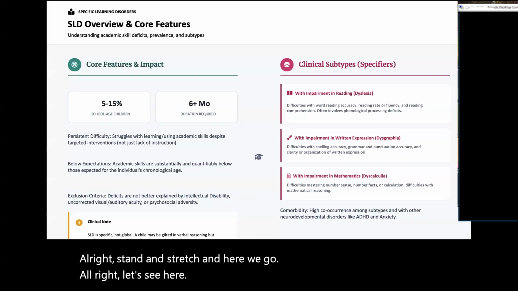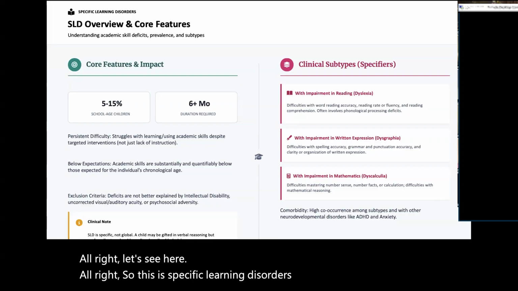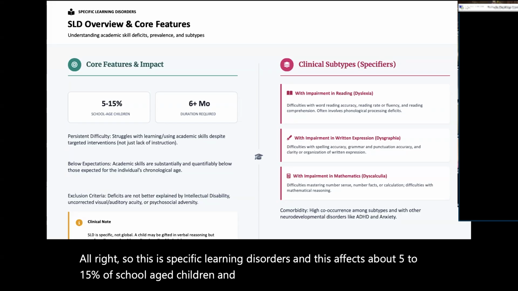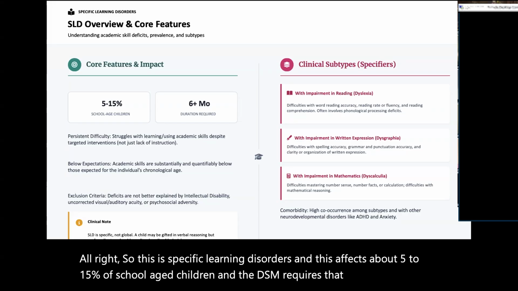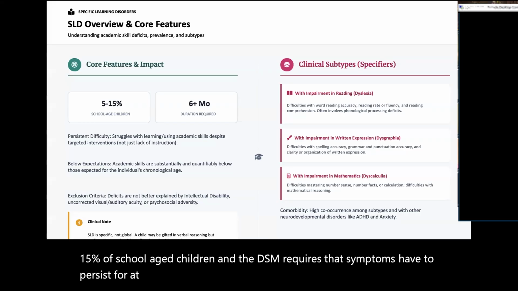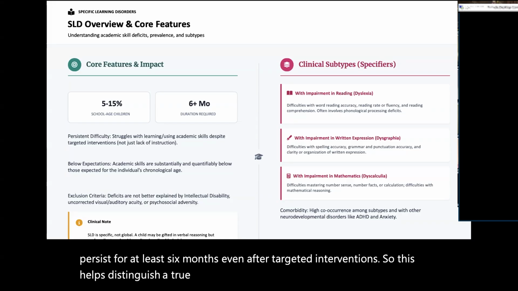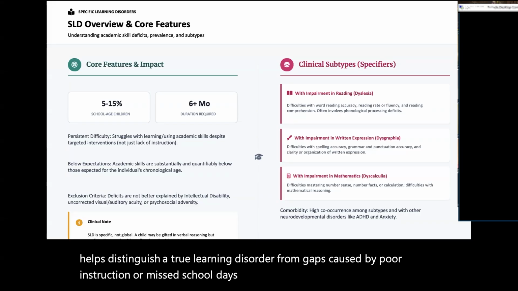All right, so this is specific learning disorders, and this affects about 5 to 15% of school-age children. And the DSM requires that symptoms have to persist for at least 6 months, even after targeted interventions. So this helps distinguish a true learning disorder from gaps caused by poor instruction or missed school days. And that's how you're going to distinguish, is this truly